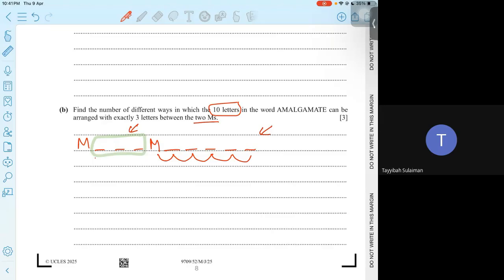Why do you multiply it by 2 again for the M's? Because the 3 letters between the 2 M's,